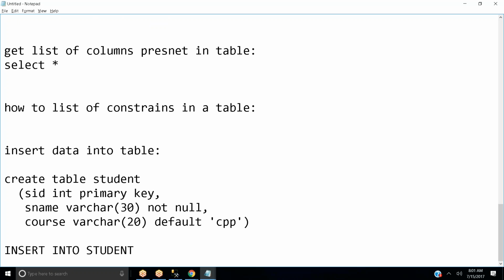And then you want to insert some values, so you need to specify values. Say I just want to insert 1001. Then I want to give my student name, say Prashanti. Then I want to give the course, some C. She has enrolled.